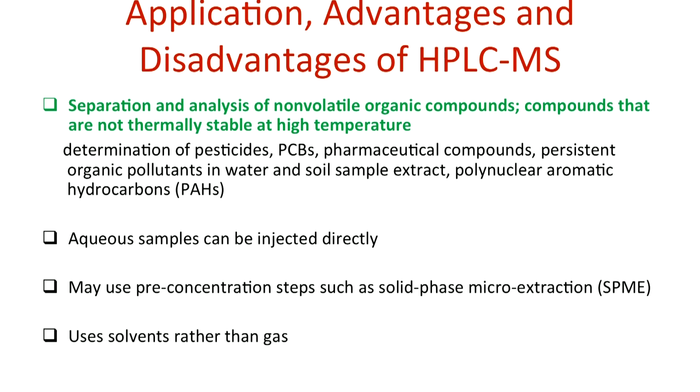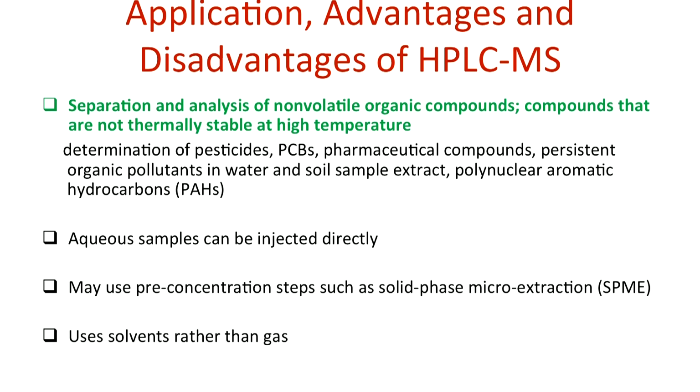So the following are the applications and advantages of HPLC-MS. It is used for determination of pesticides, polychlorinated biphenyls, pharmaceutical compounds, persistent organic pollutants, PAH, and so on. So very diverse. It can be low boiling or high boiling, it doesn't matter. Also, you can directly introduce aqueous samples,